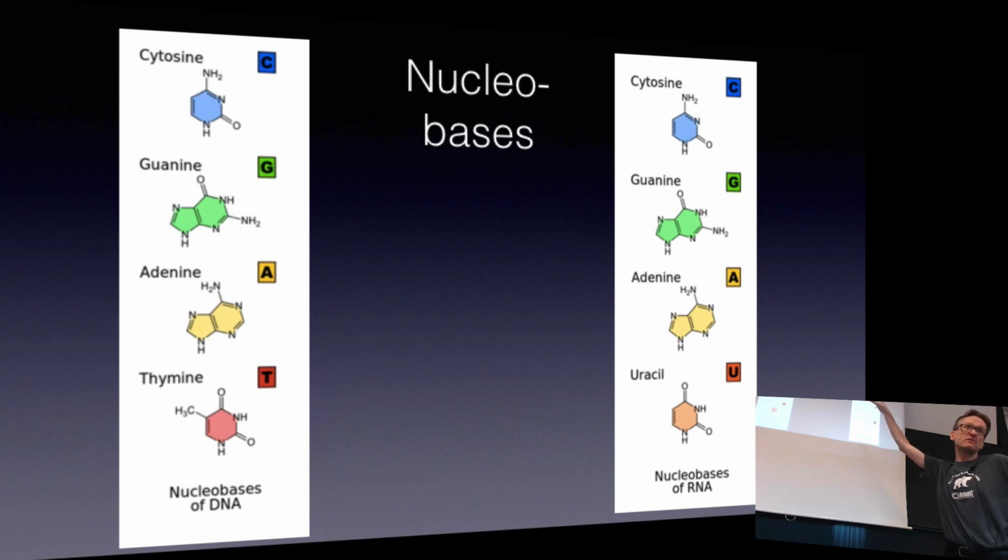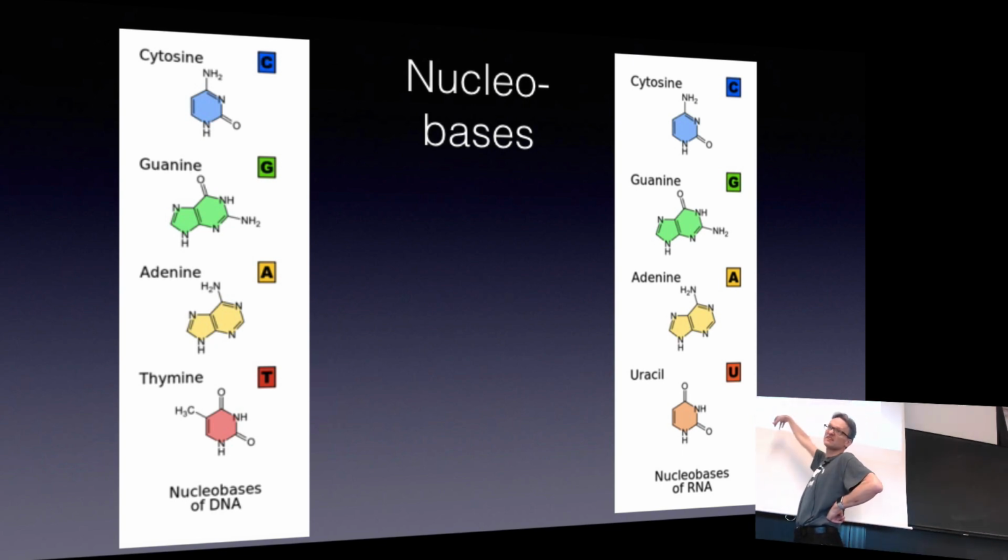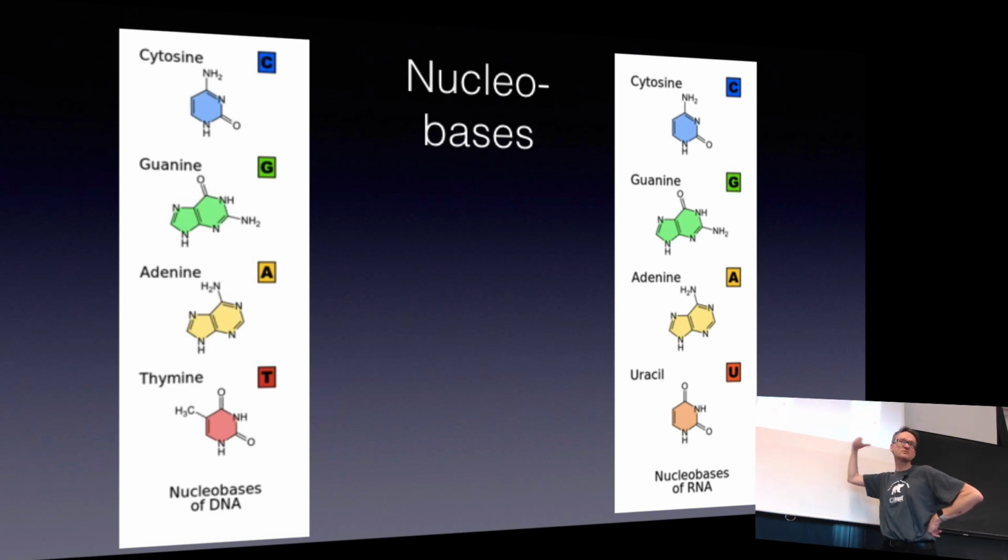If that were to happen and you had uracil all over the place in RNA, the problem is this would lead to errors all the time that would build up, and that would be very bad. So in DNA, where we store information a long time, it's very important that they are different. In RNA, we typically just store information transitorily, so it doesn't really matter that much. And that's likely the evolutionary reason.